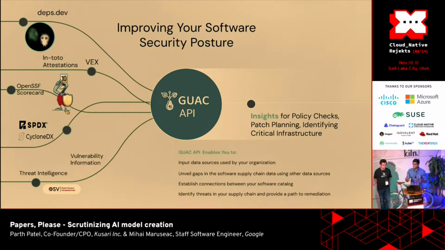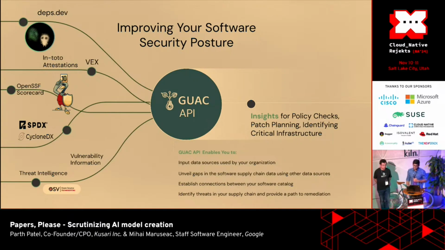It takes all this information, puts it into a graph database, and then from there, you can use the API in order to query all the information together, right? So it's going to decompose all these artifacts and documents, and then put them into a graph database where they're all interconnected. All the relationships are defined, and then you can use that information to make policy decisions or whatever else.